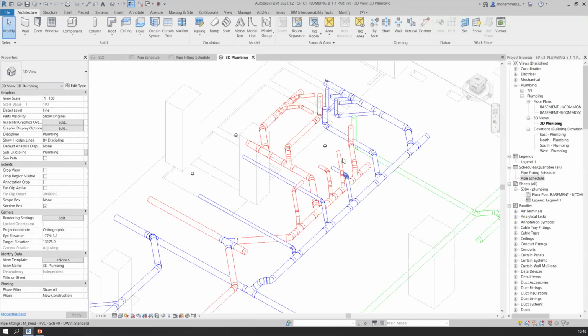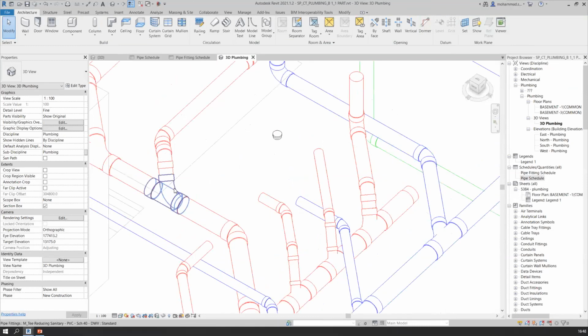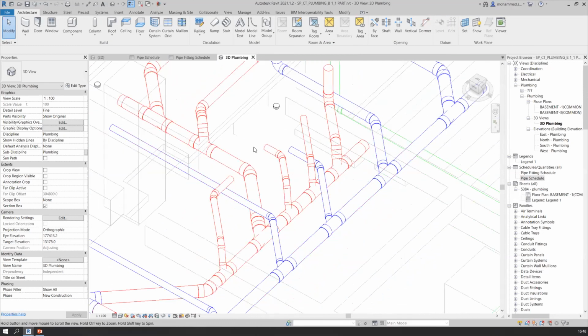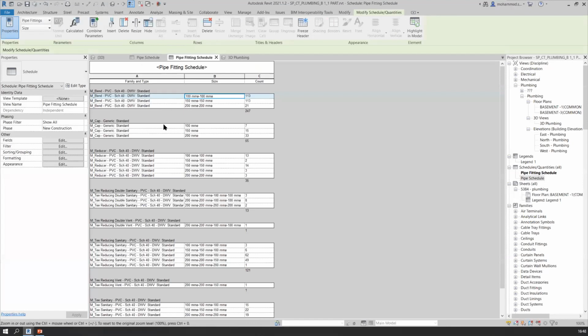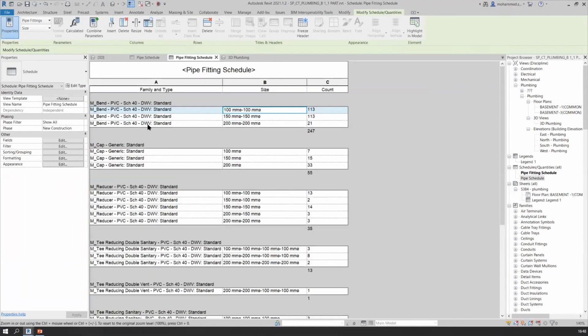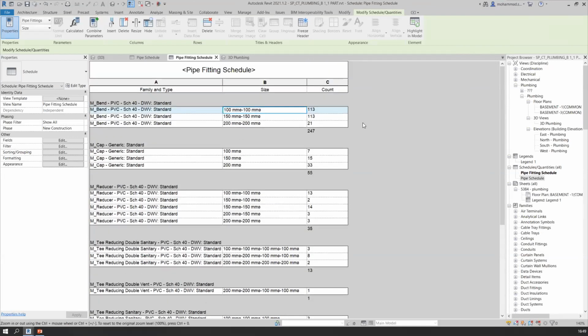As you can notice, there are different types of fittings available. In order to procure those fittings on site, we also need to quantify them in the form of counts, in the form of numbers. For that, we have this pipe fitting schedule, and these schedules are again sorted according to the families. In this case, this PVC bend, though I have less knowledge about MEP because I'm from the architecture discipline, the name of the family is specified, and 247 of such components are required. Similarly, different components are shown in this case. I hope this answers that query.